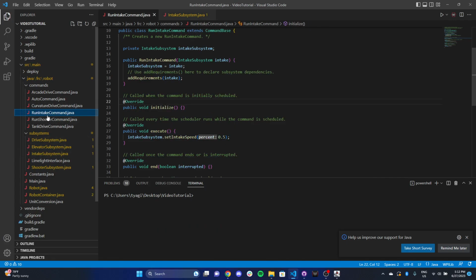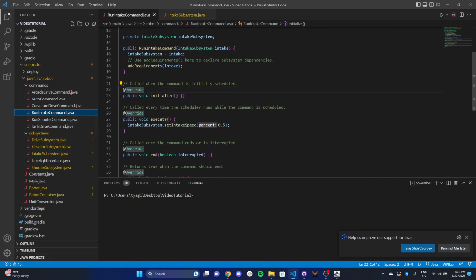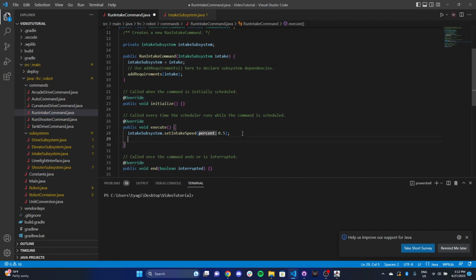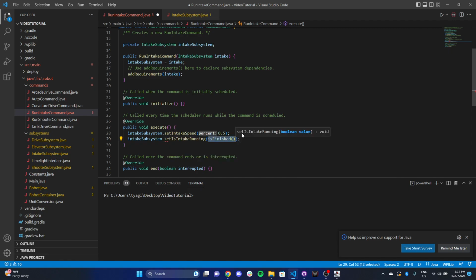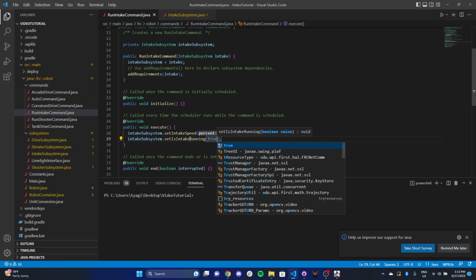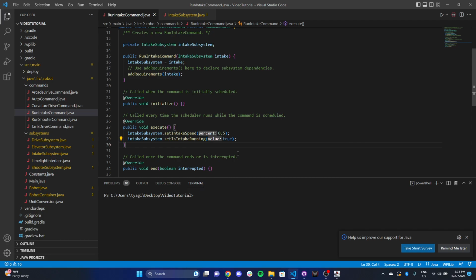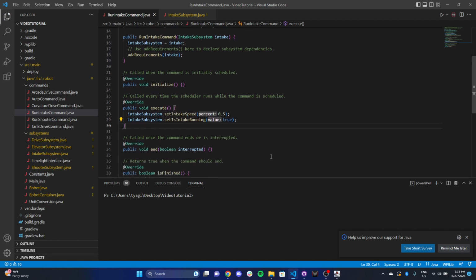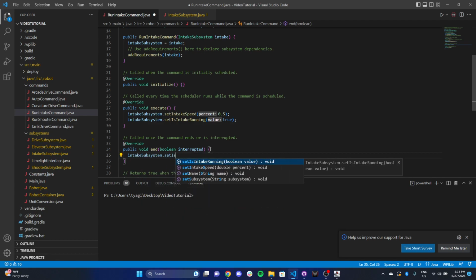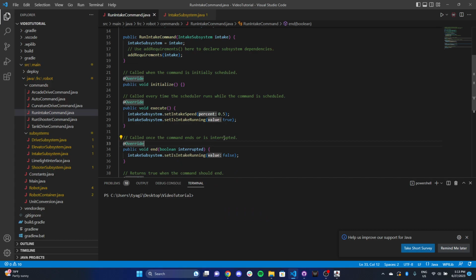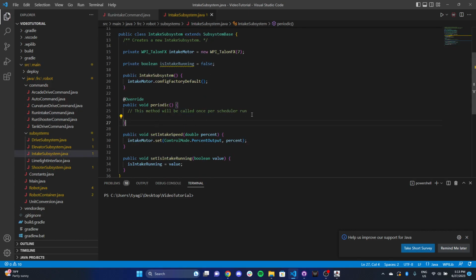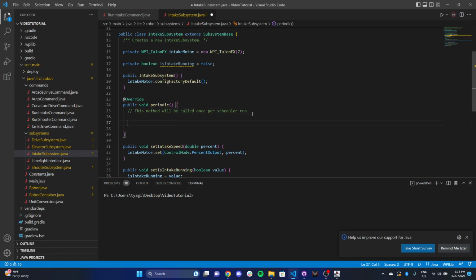So now what we can do is in RunIntakeCommand, in execute, we can do intakeSubsystem.setIsIntakeRunning. We can set that to true. And then in the end condition, when the command actually ends, we'll set setIsIntakeRunning to false because the command is over, intake is no longer running. So now we can change this and say if,